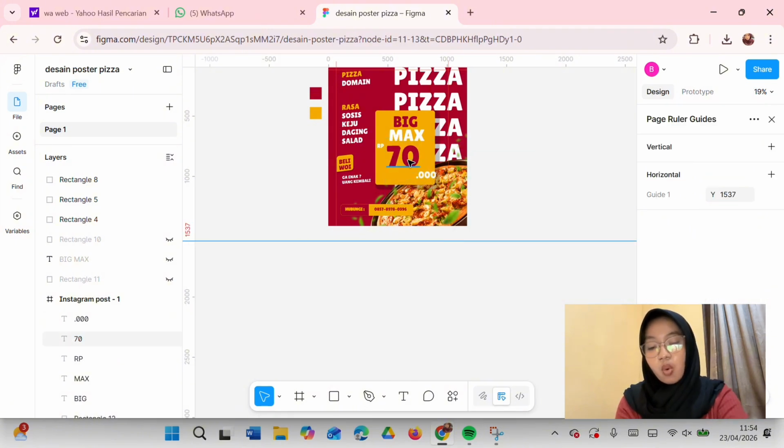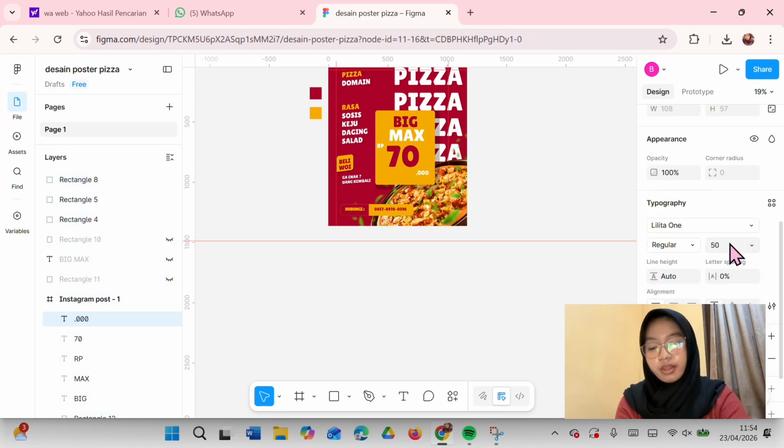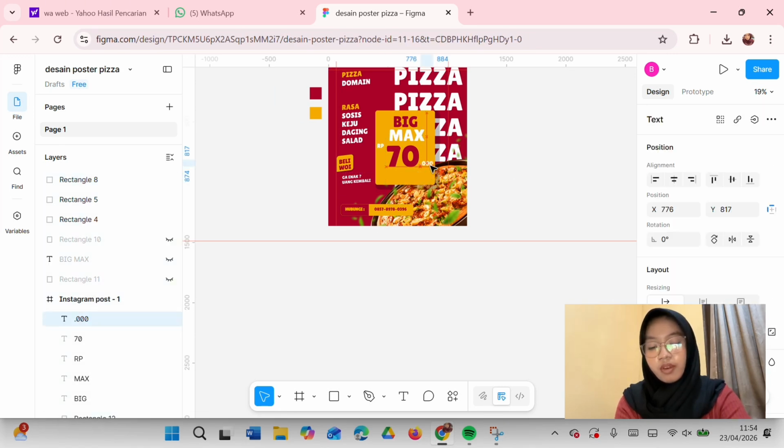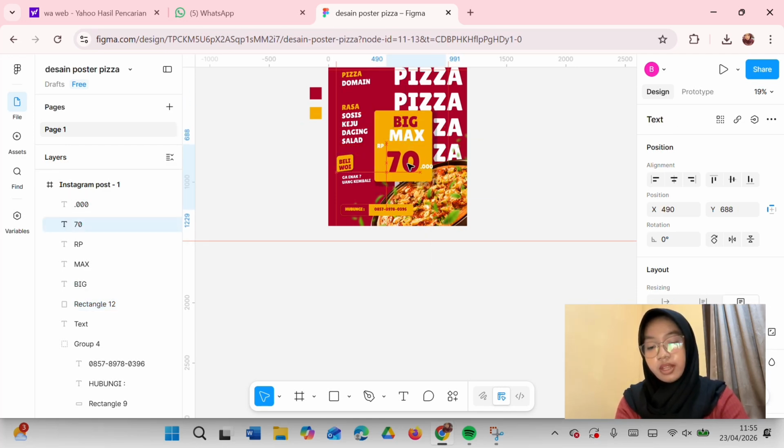I place one large leaf cluster near the bottom left of the pizza, and a few smaller leaves scattered around. Okay, this adds a natural organic feel that contrasts nicely with the bold typography.